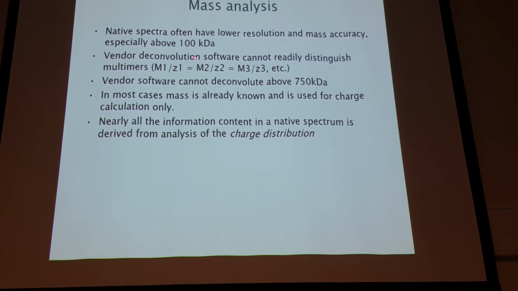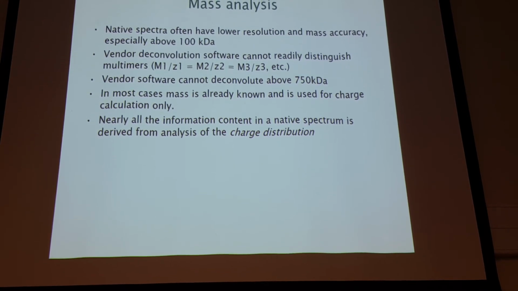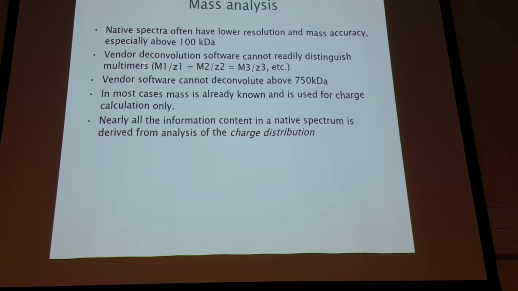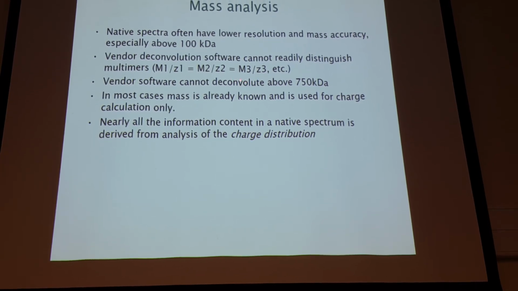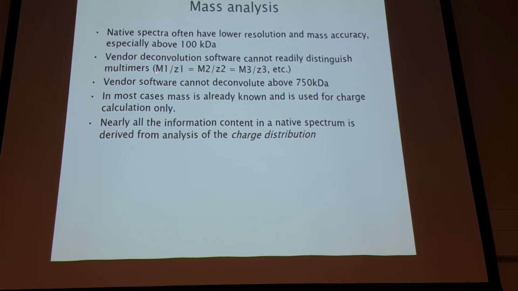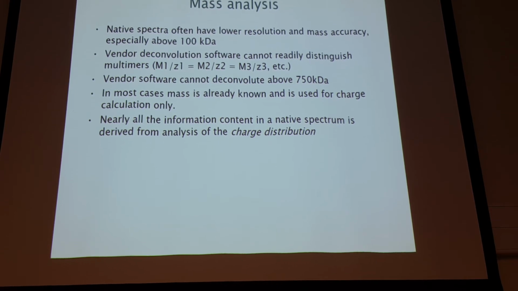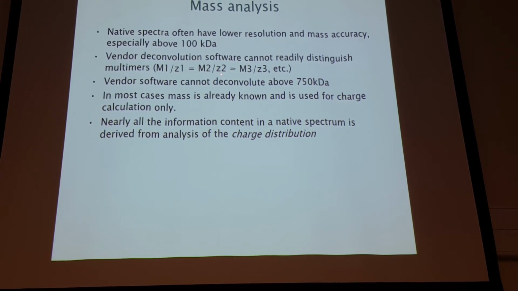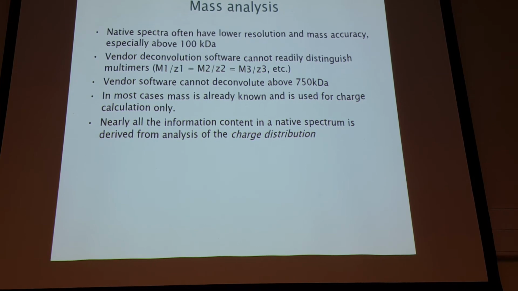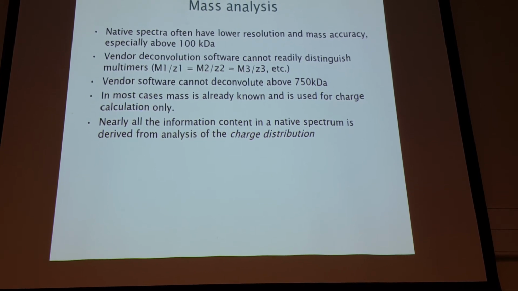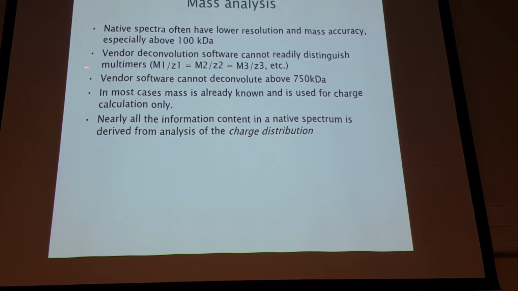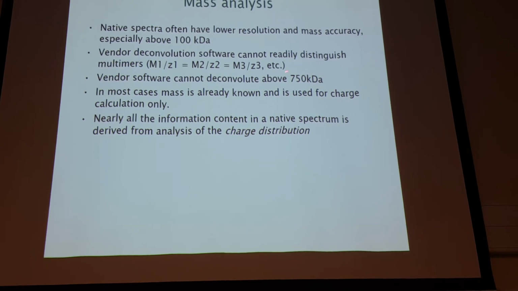Vendor deconvolution software is not really designed for native mass spec, so it has difficulty distinguishing between multimers, because the singly charged monomer has the same mass to charge as the doubly charged dimer. It has the same mass to charge as the triply charged trimer. And for some reason, vendor software does not deconvolute above